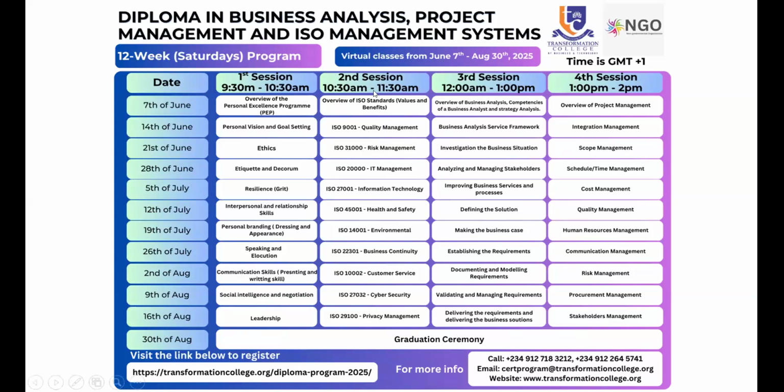And aside from that, we also have the ISO standards segment, the business analysis segment, and the project management segment. So it's a full pack program, and just one ISO certification exam is worth over 50,000 Naira. Some are over 80,000, some are over 100,000, depending on the examination body or certification body, right? But we're doing these and we're committed to it. This is our third cohort, the third time we're doing it, and it's an annual summer program.